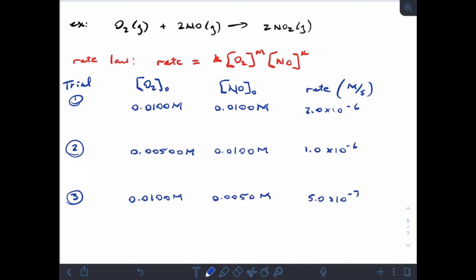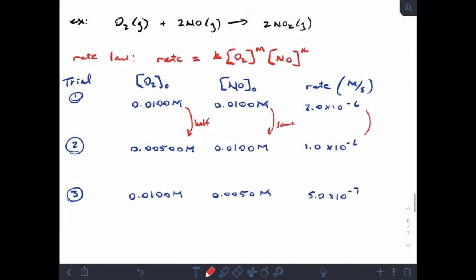Let's look at trial 1 to trial 2. Okay? So from trial 1 to trial 2, we've halved this one. This one has remained the same. And take a look at the rate. The rate has also halved. Okay, so what we're going to be doing is comparing different trials in order to be able to calculate